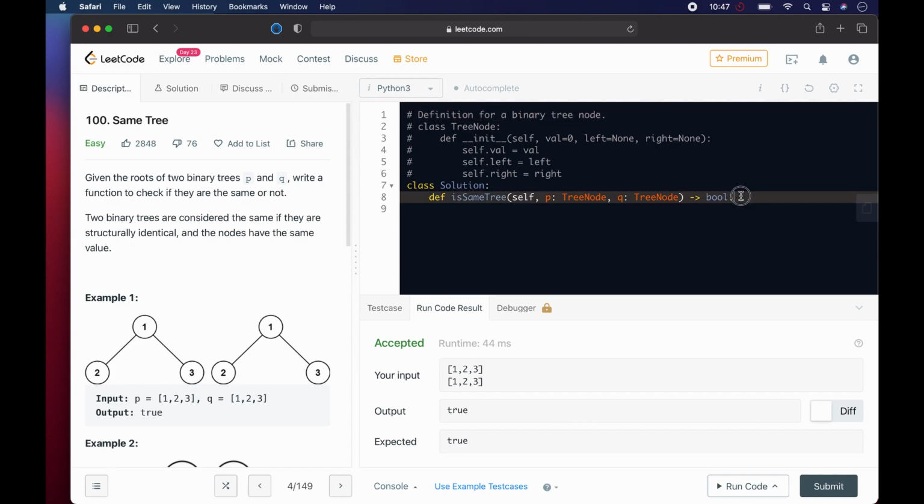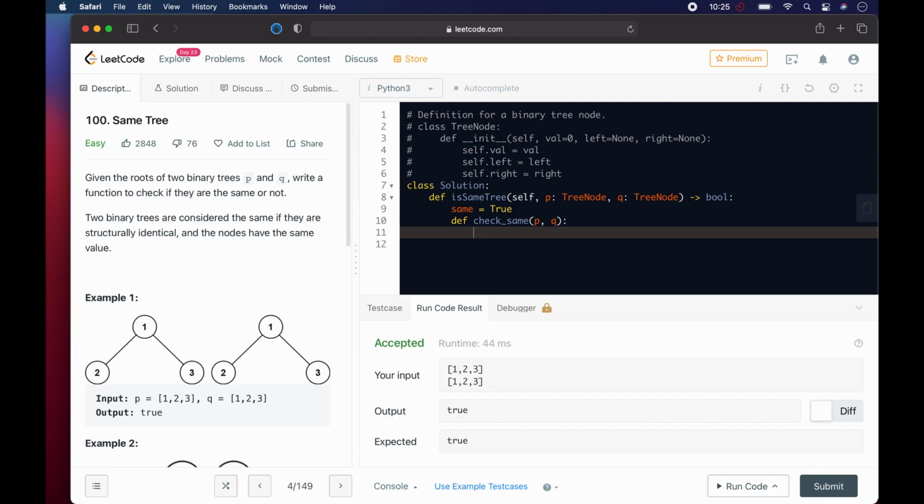What we could do here is create a variable and say same is going to be true, like so, and then we can create a function which is going to check whether they're the same, and we're going to recursively call it. We could say check_same, and it takes P and Q, and we want to modify the same up here, right? So we're going to use nonlocal, so we say nonlocal same. We want to modify the same in the first def, not the one that is locally scoped, right? And